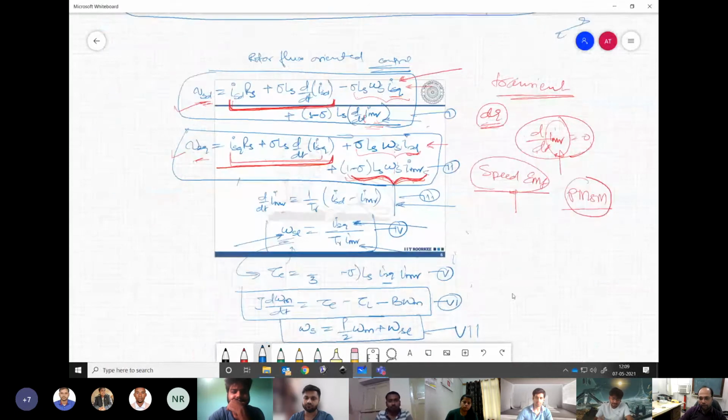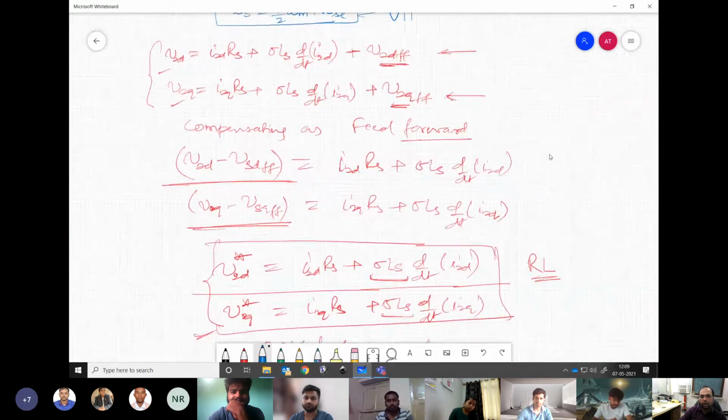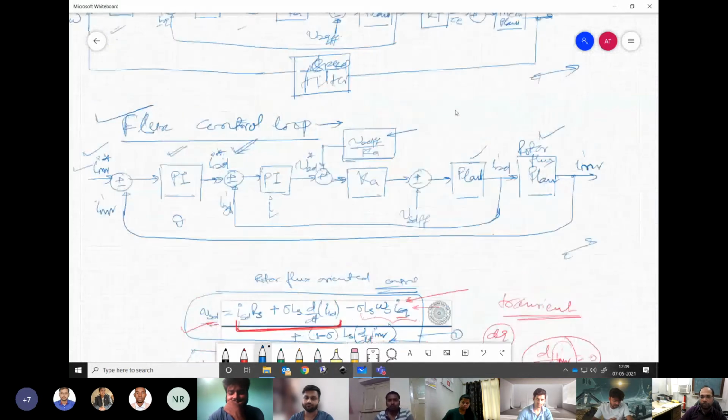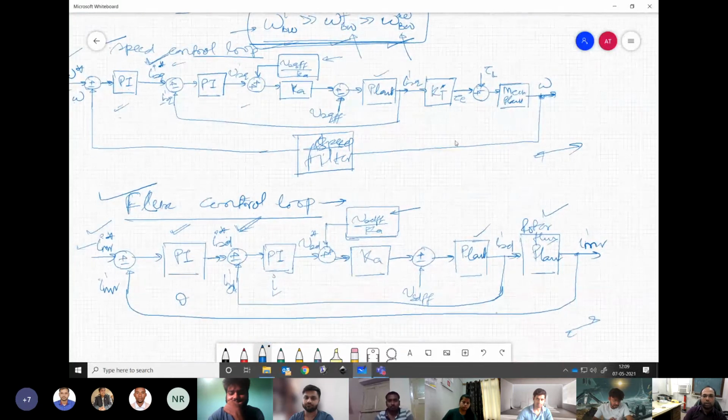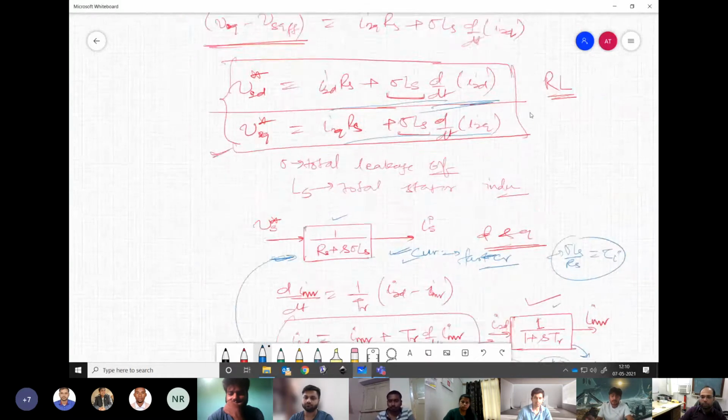Now again we try to understand, when we are talking about the quantities, we have to linearize. Linearize basically means whatever non-linear terms are there, let's say this feed forward term, we compensate in advance. So the remaining portion, whatever we are seeing over here, is nothing but a kind of RL circuit which we have to control with the input voltage. This feed forward term we compensate in advance, so this is where we have compensated here. Understanding my point? Is this clear to all of you up to this?